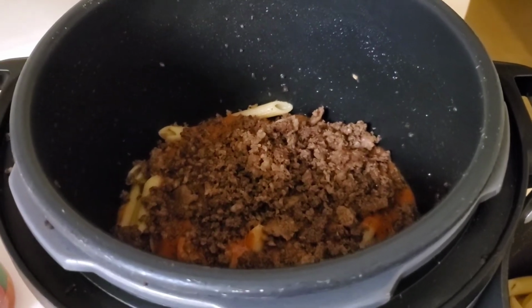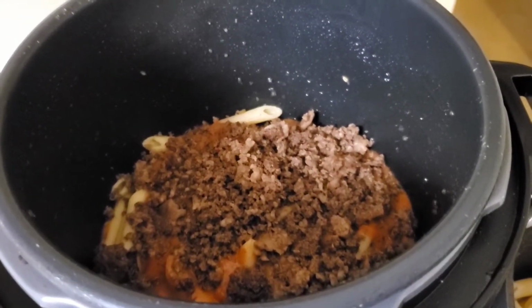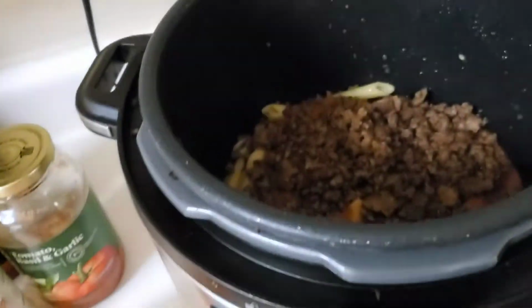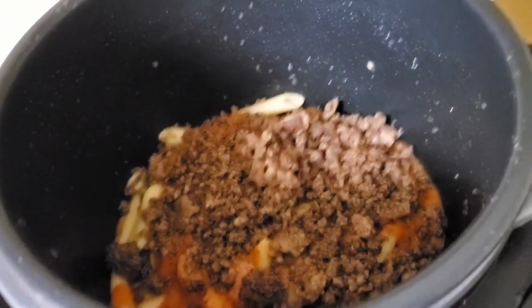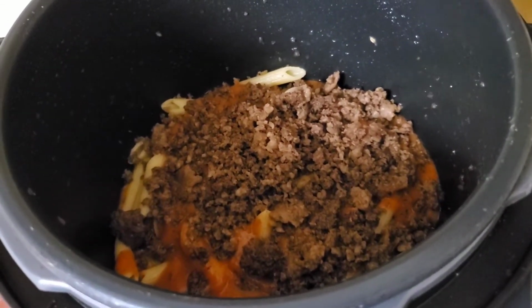And then at the end, the last hour, I'm going to top it with mozzarella and let it cook some more for an hour. I've done a lasagna in here. That's why I'm thinking the baked ziti would be good. This is the first time, and my husband and my nephew were both like, ooh, that sounds really good in the crock pot. So, as you can see, I started at the bottom and I did a layer of sauce,